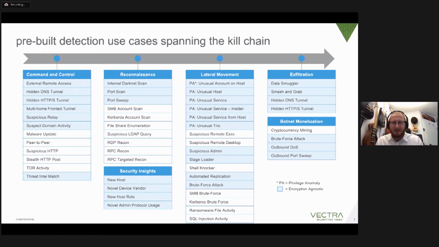We need the right information, and what we say is, you can manipulate logs. You can manipulate endpoint clients. But what you cannot manipulate is the traffic that's being seen in your environment. So we grab the network traffic for the physical network installations and run those use cases on top.